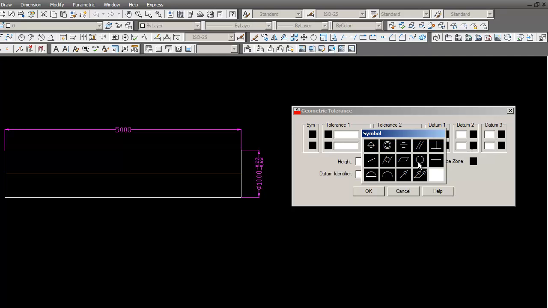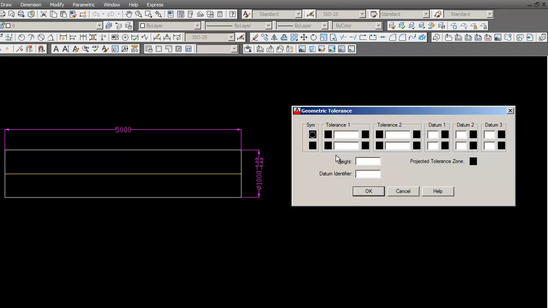Suppose I select circularity, it is this. It will mark there. How much should it be? The circularity should be within 0.01 mm. Let us see, 0.01. Tolerance two we need not give here because it is not required. 0.02. Here two limits will be given there, and height,